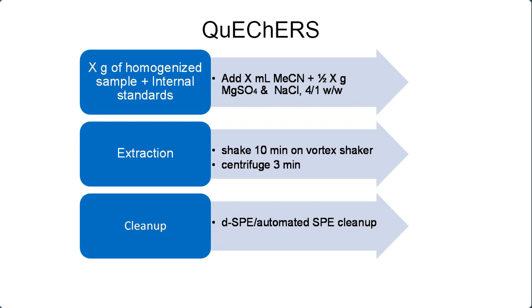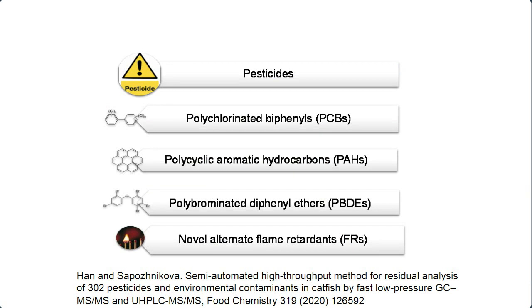Those tubes are shaken for 10 minutes on a vortex shaker and centrifuged for 3 minutes. After that, after filtration, it goes to analysis by LC-MS, and the remaining extract is subjected to cleanup. It can be dispersive solid phase extraction, dSPE, or automated solid phase extraction cleanup, and after cleanup, the samples are subjected to GC-MS analysis. By using this method, we can analyze several classes of contaminants from one sample, listed here: